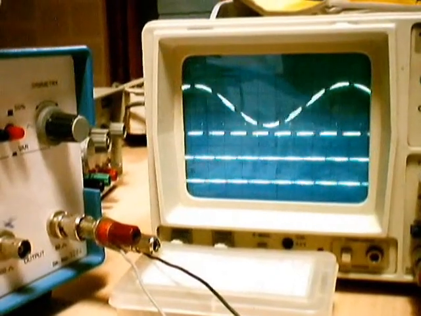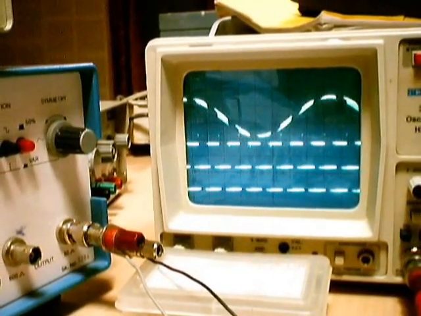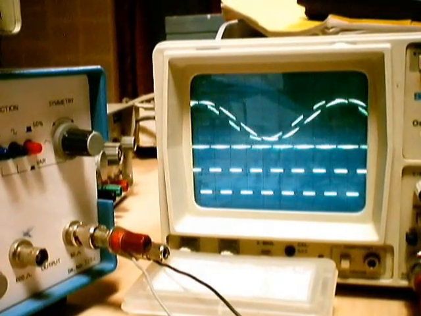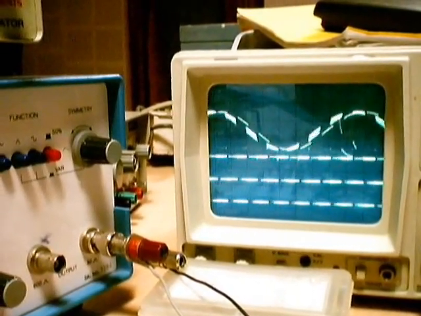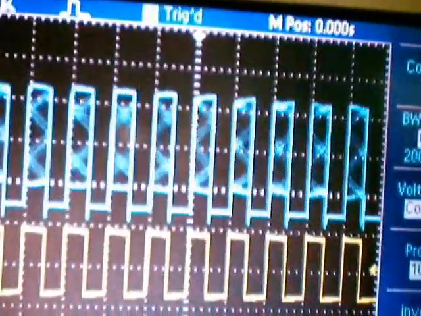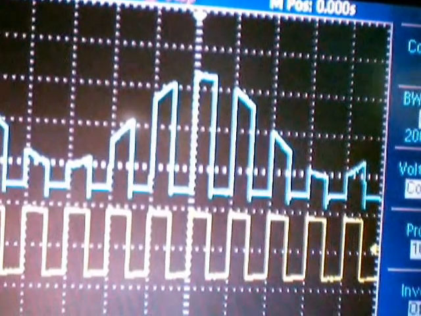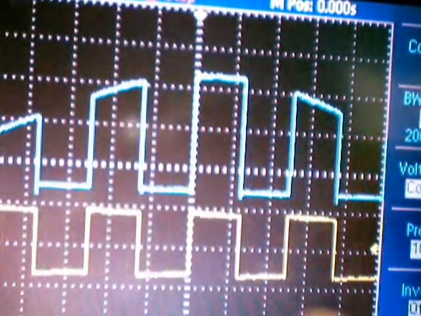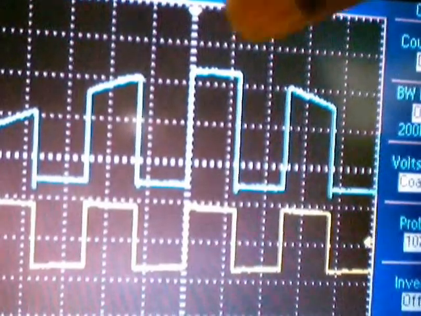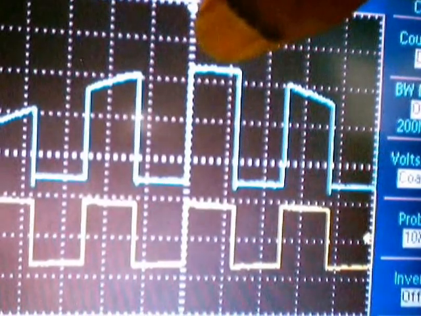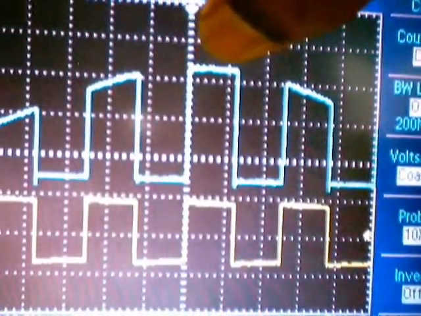Now we need to know during what cycle of your signal the transistor is turning on and turning off. For that we can use this DSO. I can see now we are having both the square wave as well as the PAM signal. Let me just store this. Now I can verify clearly that during the positive half cycle of the carrier signal, the transistor is on. You can see this portion of the output waveform is exactly the shape of the modulating signal.